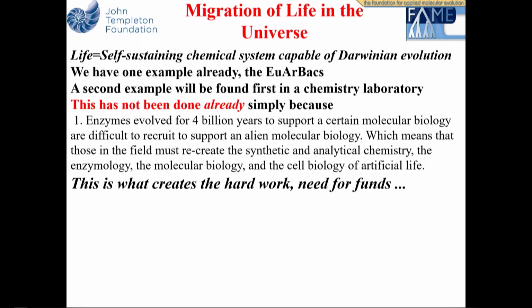You are, of course, the U, the R are the archaebacteria, and the bacteria are the eubacteria or bacteria. And what's quite clear is that you're going to get a second example of a Darwinian system, not from searching for life, but rather from generation in the laboratory. The reason why you don't have that quite already is because of two things. First, it's actually quite difficult to make. Pretty much everybody relies on molecular biology tools that you can buy from Sigma-Aldrich, New England Biolabs, Promega to do manipulations of complicated molecular systems.